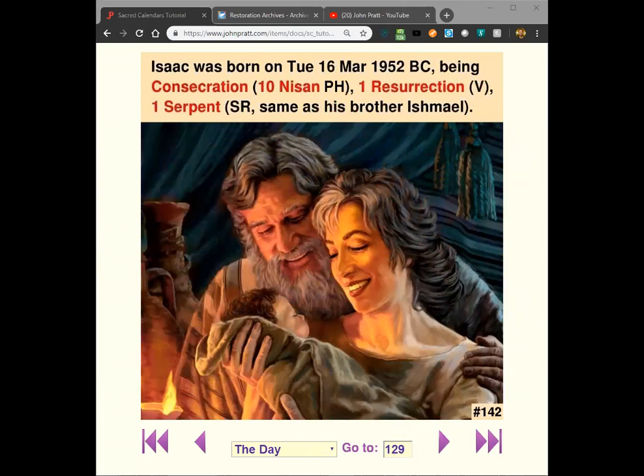Then you find out, what do all of the other dates have in common? Is there a pattern? In section 52, the Lord said, I will show you a pattern in all things that you may not be deceived. So I look for the pattern. And the pattern for all of the prophets is that they're born on holy days. In my current tutorial, the one I'll put up tonight, I'm going through the whole Joseph Smith family: the father, the mother, Hiram, Joseph, and Samuel. I should look up William. I haven't even looked him up. But all 5 of those are born on holy days on the Hebrew calendar.